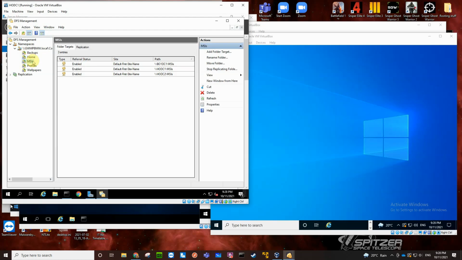We have MSIs, which are Microsoft installers, so it's got a shared folder, so that we can install software via group policy, deploy them. We have profiles for a roaming profile. We're going to redirect all of those via group policy into this folder, and we've also got some wallpapers which we're going to put onto the different users, different groups, different organisational units, just to show how that all works